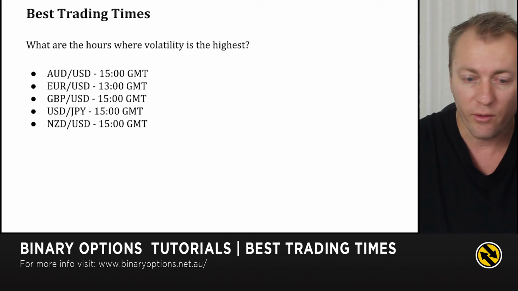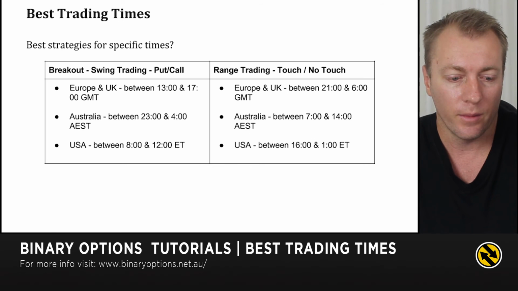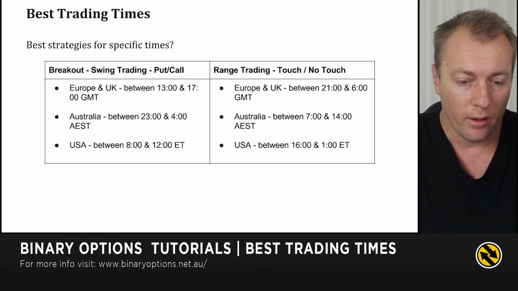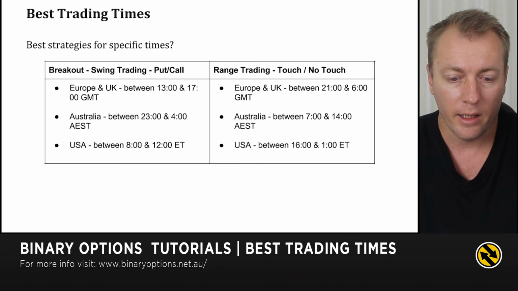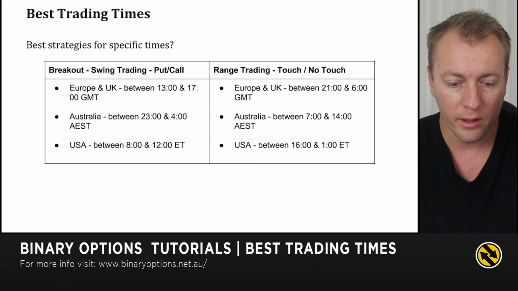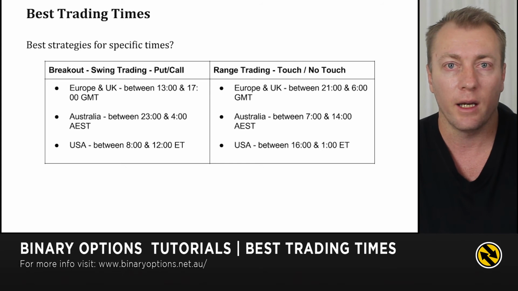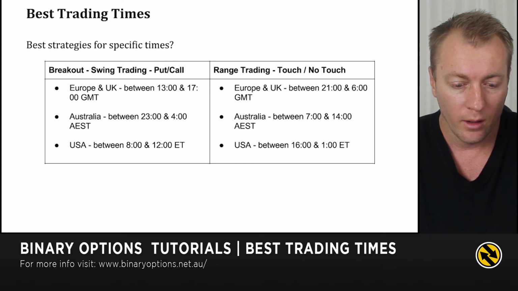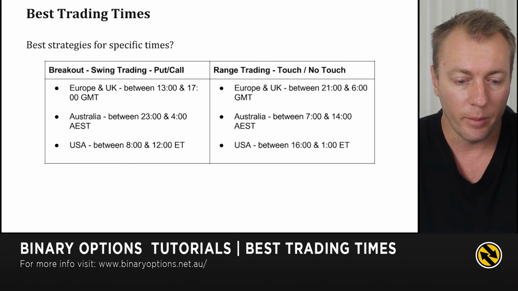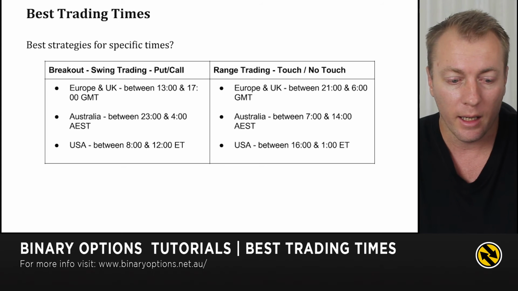So what are the best strategies for specific times? For breakout or swing trading, which is your put or call options, the best times are for Aussies between midnight and 4. This is again when the 2 biggest markets overlap, New York and London. For Americans, it's between 8 in the morning and midday, and for Europeans, it's between 1 in the afternoon till